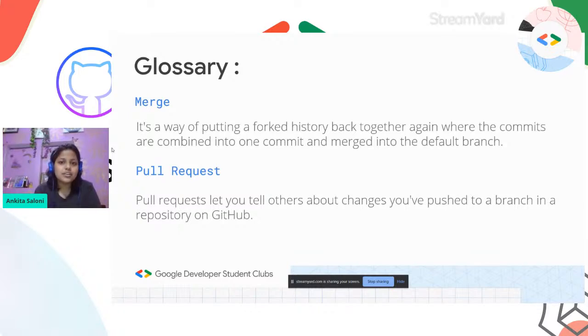How will they do it? They'll simply add the introduction.txt file to the project, and they will create a pull request in which they'll mention that I've added my introduction file into this project. If the teacher feels that it's according to the guidelines, if the file complies with all the guidelines, they'll merge it. If they feel that something is left out or some other work needs to be done, they'll ask the user or the participant to make some further changes before they can merge it finally.